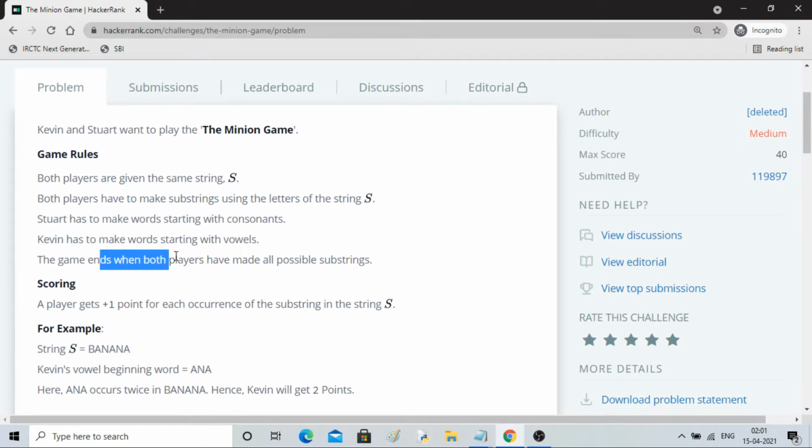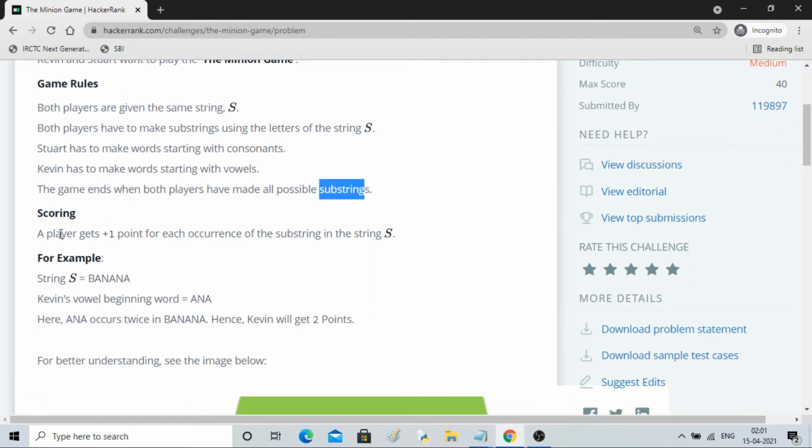The game ends when both players have made all the possible substrings from S, and then there will be scoring. A player will get +1 point for each occurrence of a substring in the string S. So if one substring occurs 2 or 3 times, he will get +3 points.